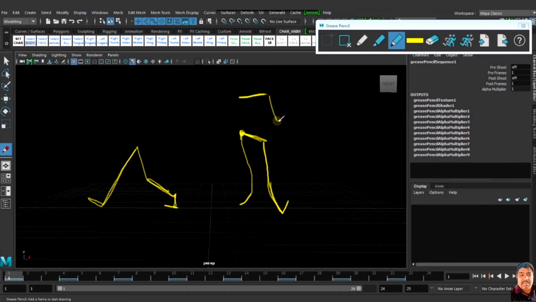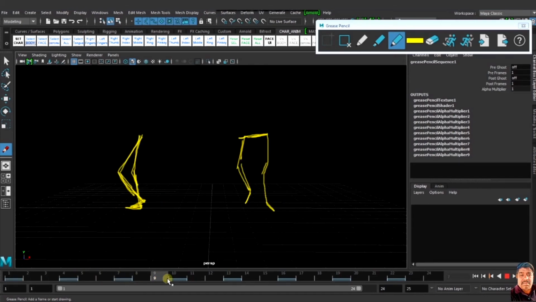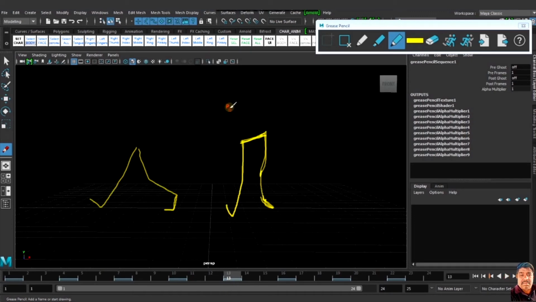For the passing pose here, it is opposite.